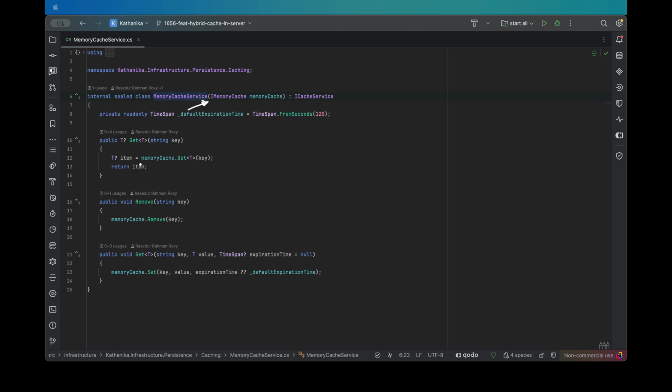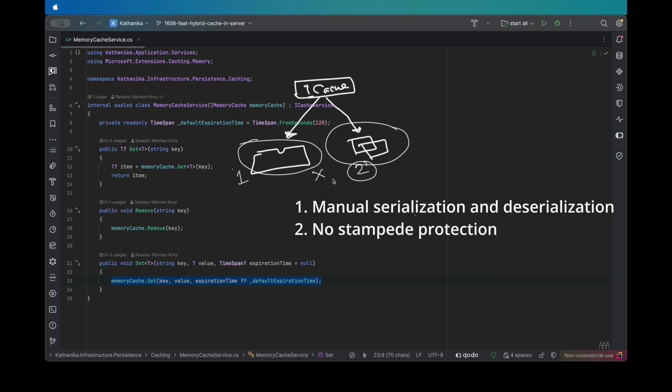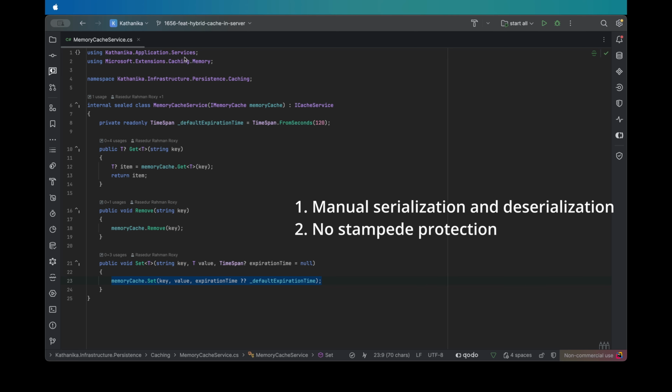The solution is a distributed cache like Redis. Initially, I planned to create another implementation of ICache and check if there is any distributed cache like Redis available. That implementation will be used. Otherwise, memory cache will be used. The problem with that approach was that it wasn't really a multi-level cache. Alongside lacking multi-level caching, it has its own pitfalls too, like manual serialization and deserialization, and there is also no